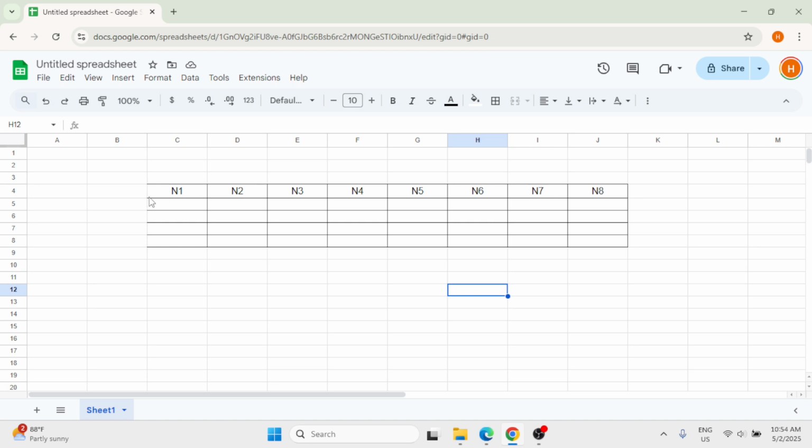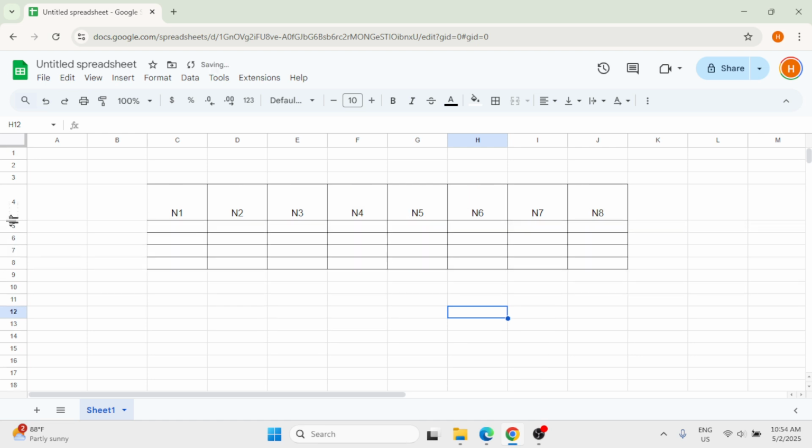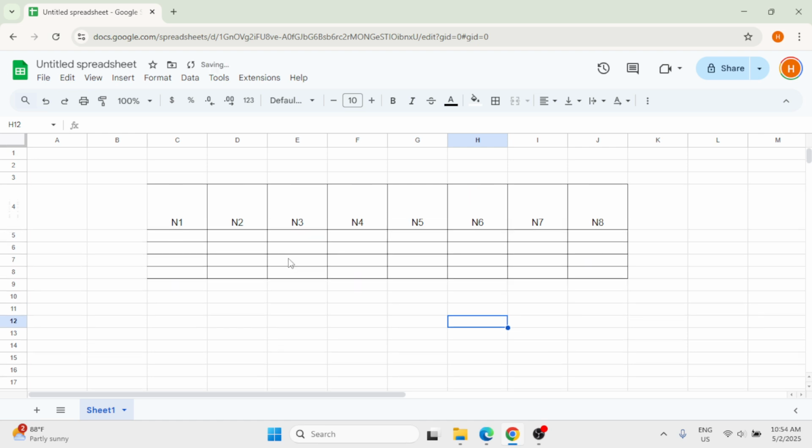First, we just need to increase the size or the width for the text in the cells. Then you have to select this one. Just move your cursor over each cell that you need to align vertically. Once you have selected all the cells that you need to align vertically, look at the down arrow symbol